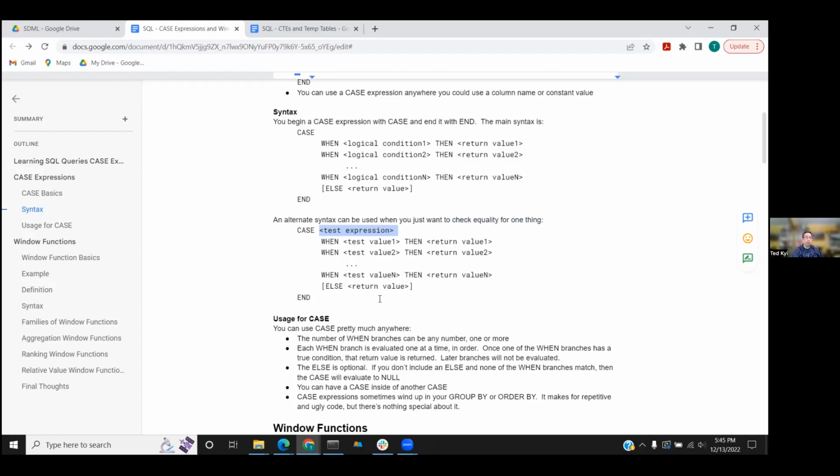So for example, you could say case state when 'CA' for California, then this. When 'MD' for Maryland, then that. I don't know if you would do that, but I'm just saying that allows you to just check for a series of values. This could come up, like if you just have a series of numbers, a series of letters,